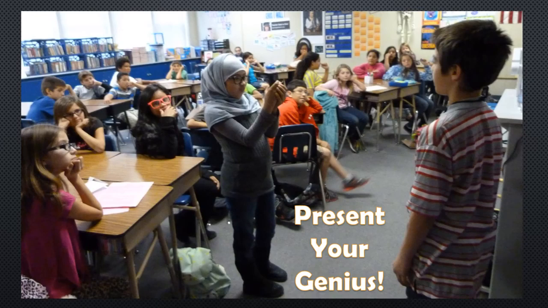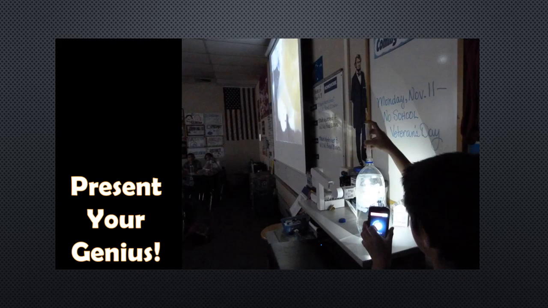This student wanted to present his genius to class, and of course we took pictures. You've got to learn to be a good audience. But what was cool about his is he wanted to recreate an Albert Einstein experiment, which took him probably 2 months until he found something that was appropriate for a 5th grade class. What's nice about it is he came up to the front, and you can see we let him use the document reader to project it up on the screen. And the oohs and ahs from our students when he showed them how to tell the difference between fluorescent and incandescent lighting was phenomenal.